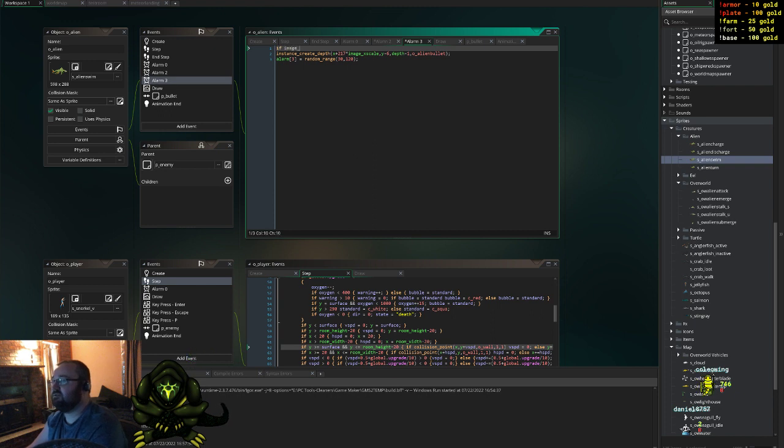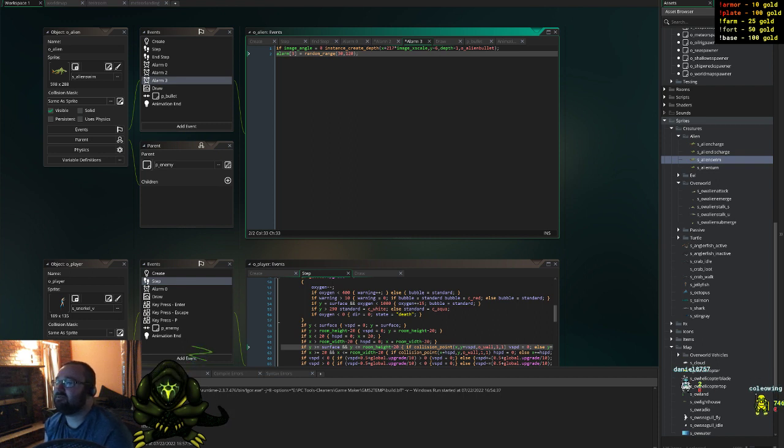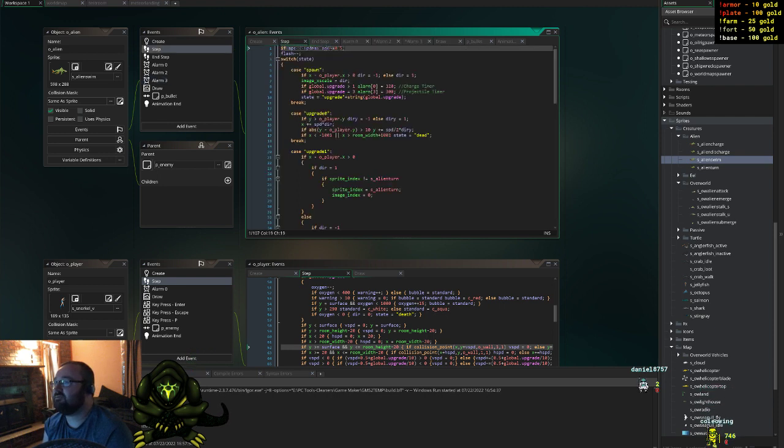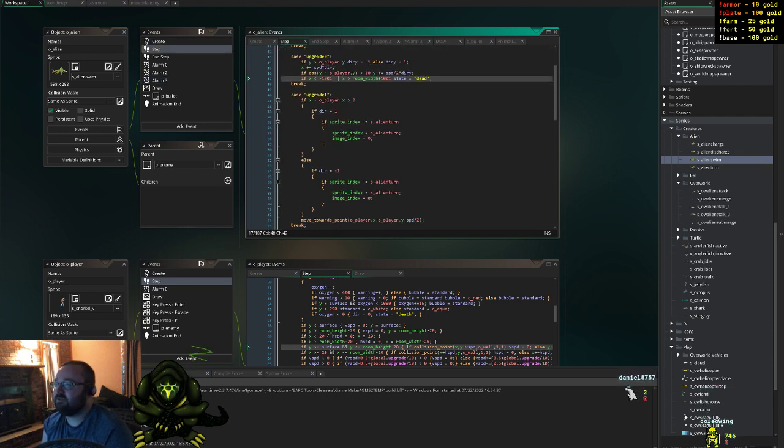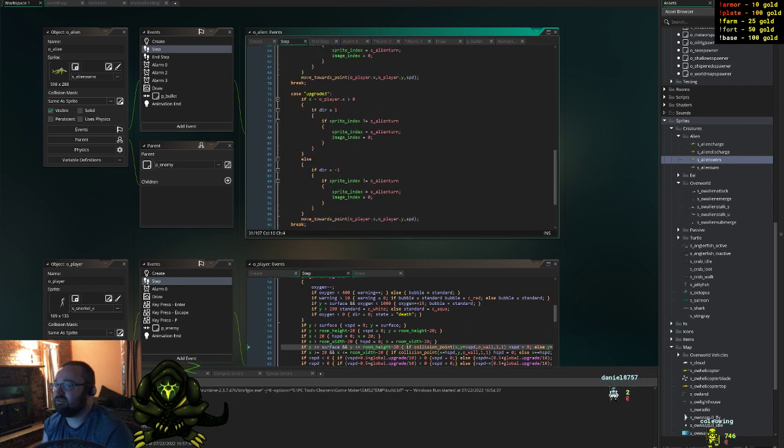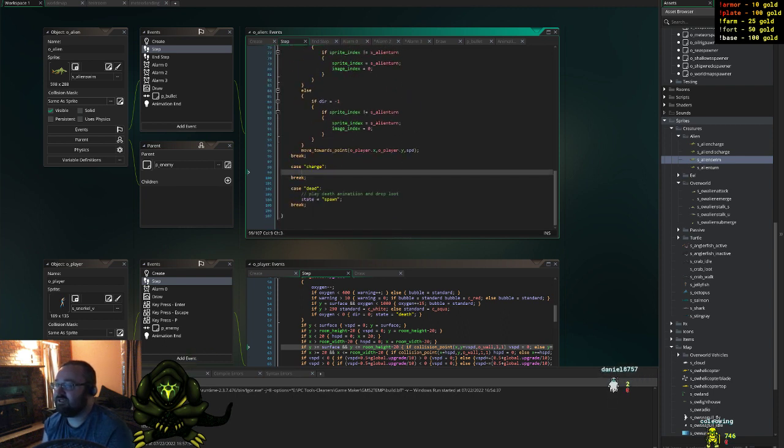So image angle equals 0. And do this, otherwise reset. So if he's ever at an angle during a charge, he's not going to shoot off any bullets. That works. Now I can play around with angles. So how do I get him to face the direction he's charging? I think it's just here. We say image angle equals direction,